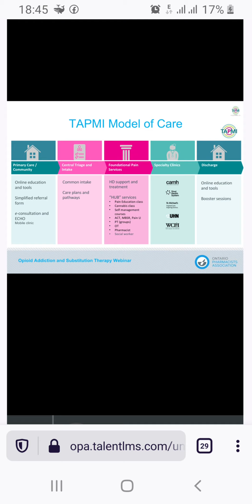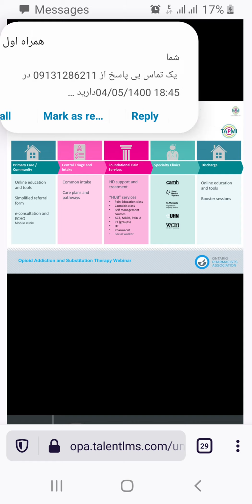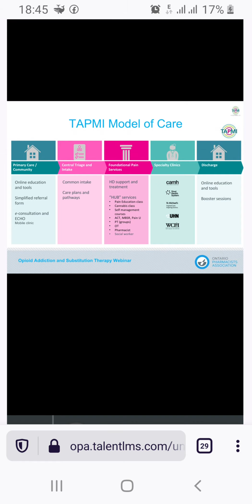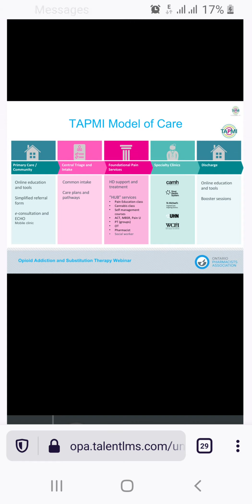We have really simplified a referral form for our docs. So the referral form is, I believe, 3 to 4 pages available online on our website, as well as there's opportunity for e-consultation with some of our pain specialists. There's programming around ECHO, which I've discussed earlier, which is our kind of our online mentorship program with pain specialists out of TRI or the Toronto Rehab. And then we have our mobile clinic, which is a newer program or newer service